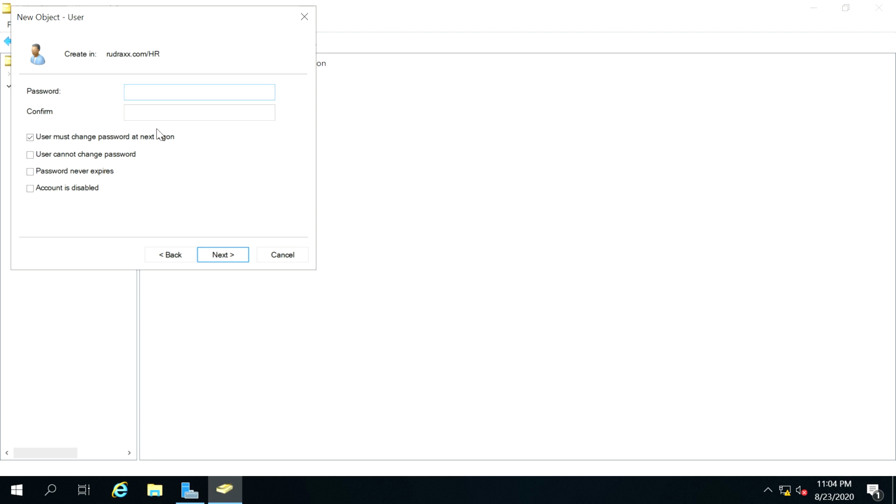We have to select a password, create a new password, go with a strong one. Okay, now here you have to change this, like you can go with user must change password at next login, but if you want that your client or your user will not be able to change the password, then obviously you have to go with user cannot change. Okay, wait, first we have to uncheck the first one, then check user cannot change the password, and also check